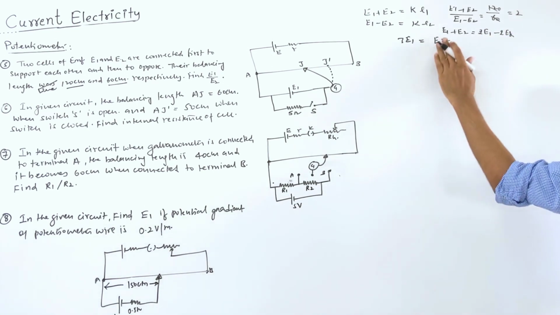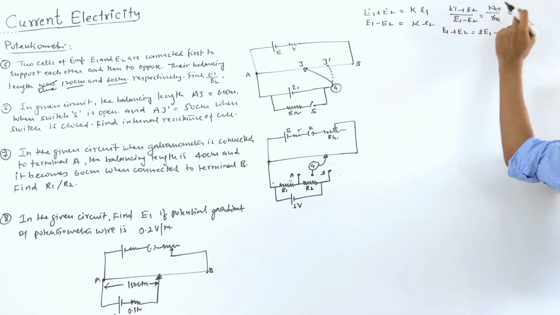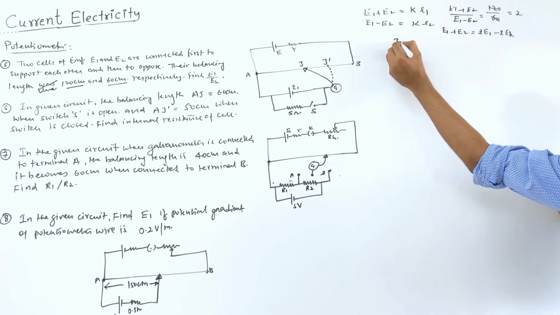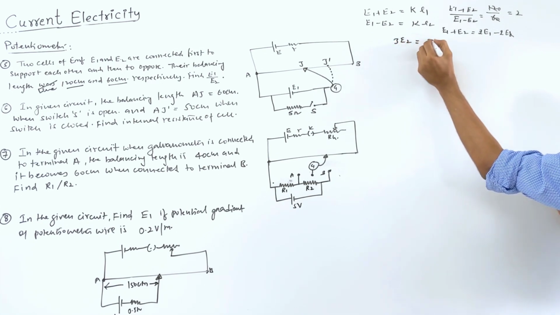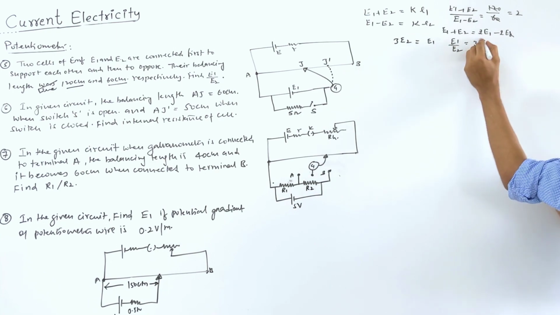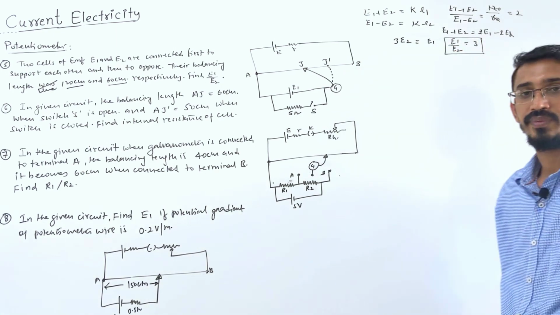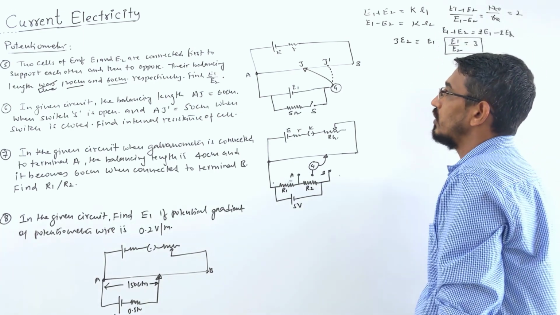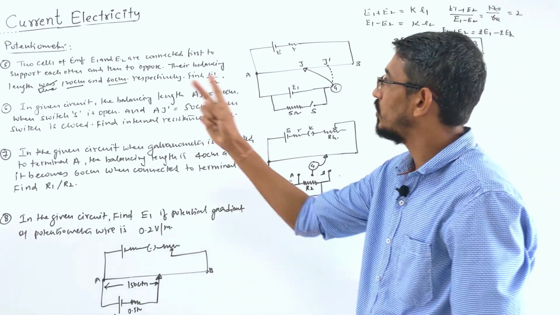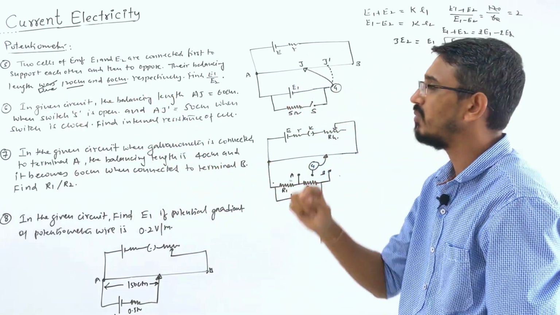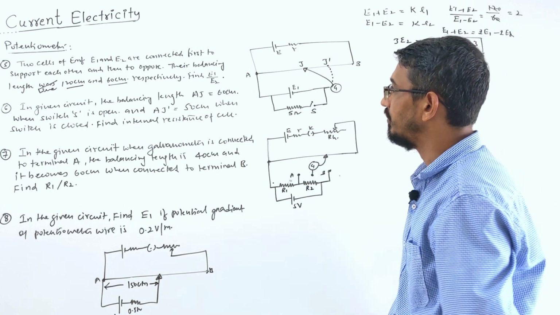Yes, I made a mistake here, not like this. So this term, 2 times E1 minus 2 times E2, comes here, so you're getting 3E2 is equal to what? E1. So E1 by E2 is coming to 3. That's all, 3 ratio 1, or 3. So it was not 1 by 1. With 2 cells, first we connect them supporting each other, then opposing each other, not 1 by 1. 1 by 1 means E1 by E2.